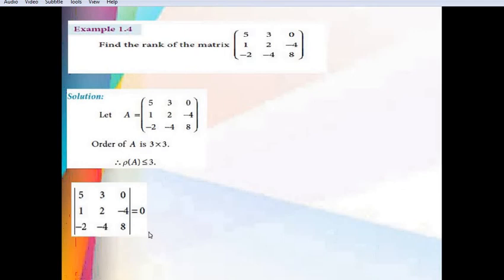So here it is a singular matrix of order 3 by 3. So the rank of this matrix may be not equal to 3. So then we take one of the 2 by 2 minors. Its value is 7, which is not equal to 0. So its rank is 2. Already we have learned that the order of the non-zero minor is known as the rank. So its rank is 2.